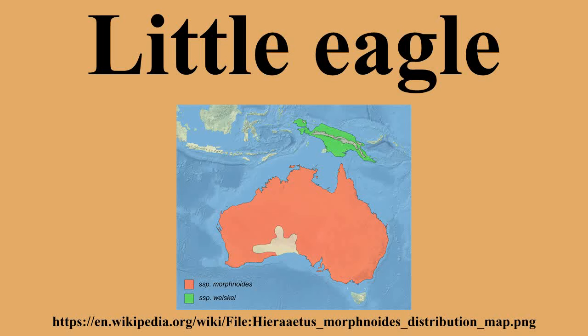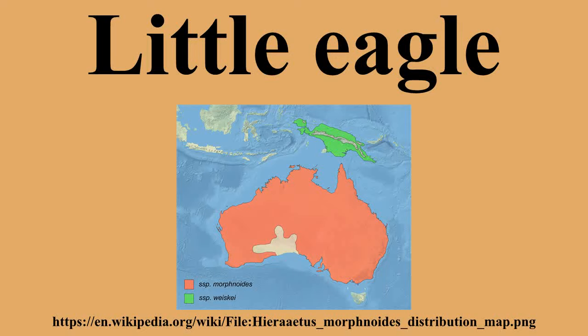The little eagle is a very small eagle native to Australia, measuring 45 to 55 centimeters in length and weighing 815 grams, roughly the size of a peregrine falcon. It tends to inhabit open woodland, grassland and arid regions, shunning dense forest. It is a near relative of both the Palearctic booted eagle and the massive but now extinct Haast's eagle of